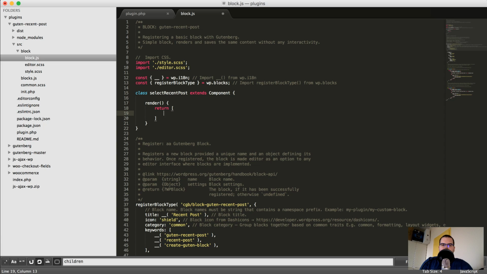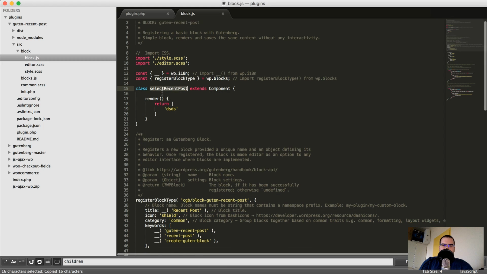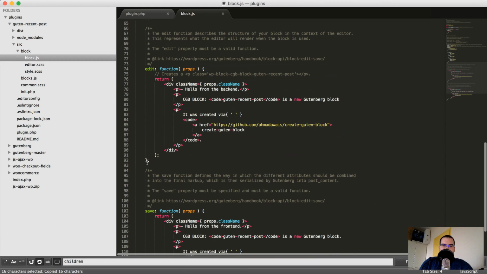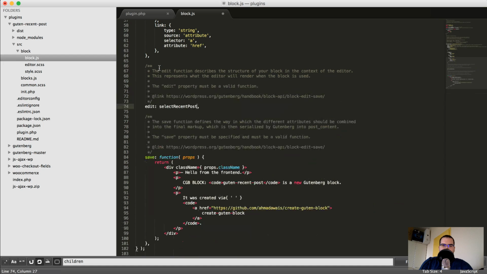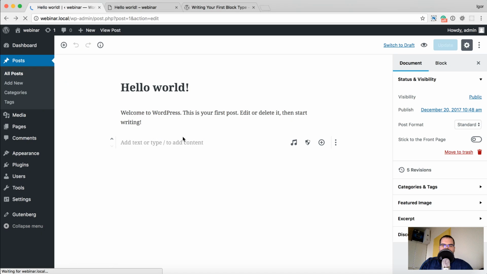And for now, it can return just a string. I'm not sure if that will actually work, but okay. And let's say that in this edit, I don't want this, I want this. Okay, if I refresh this,